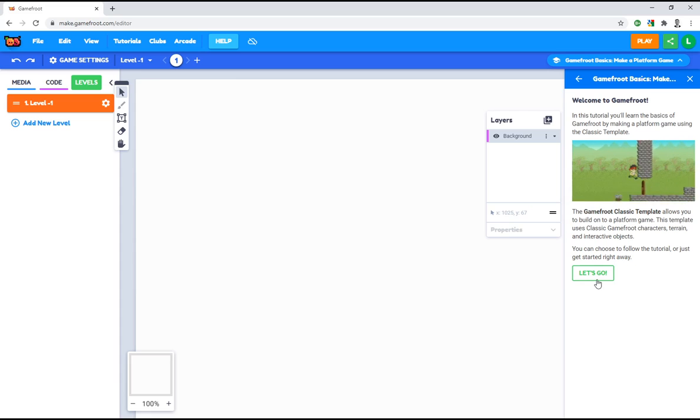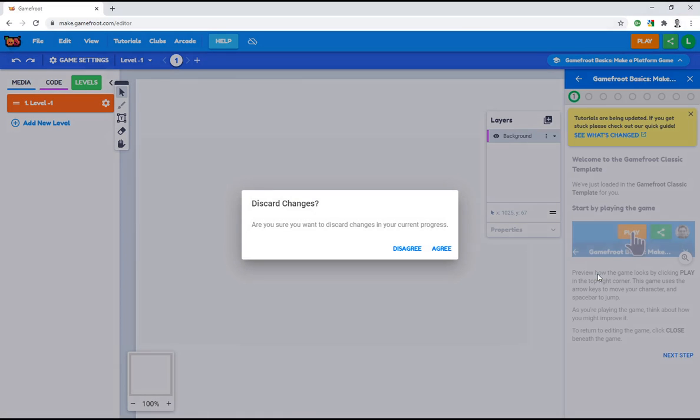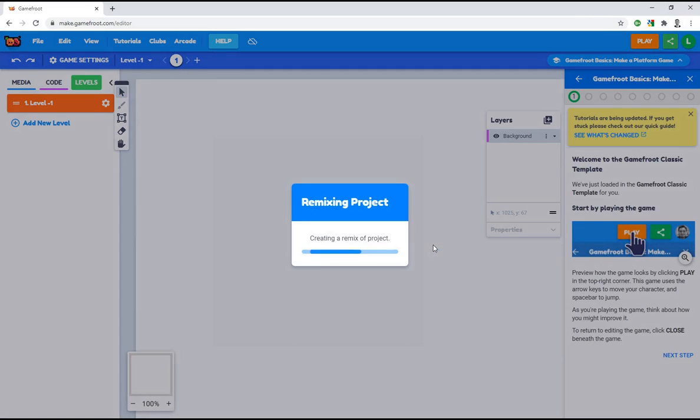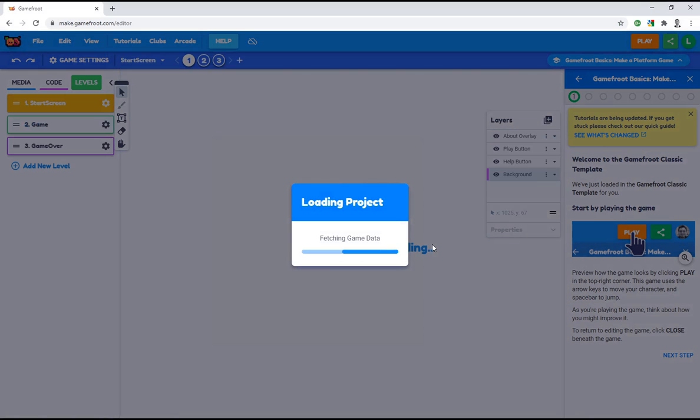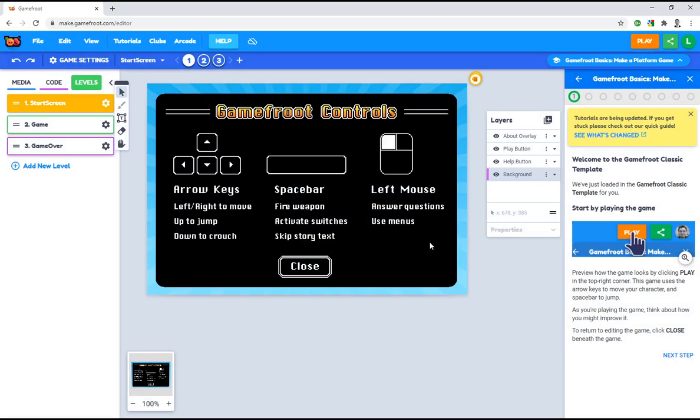So there's a button here called Let's Go. It's really important that you click onto that because then it will load all of the media that we need. So I'm going to discard everything I have already created in a previous version, and then it looks a little bit like this. Now this is the game editor in the middle, but let's see what this game looks like so far. So I'm going to click onto play,